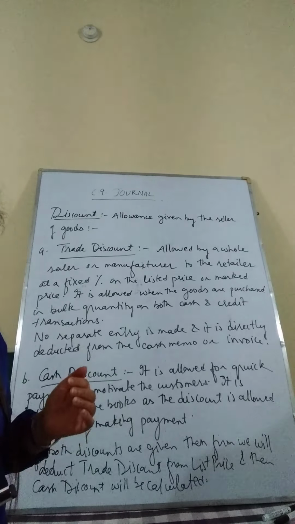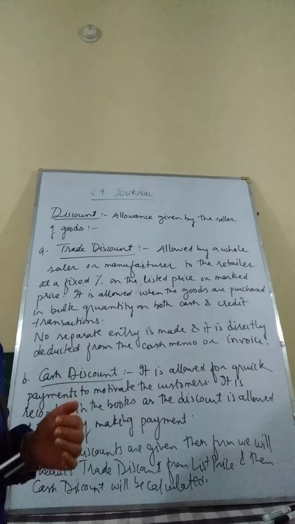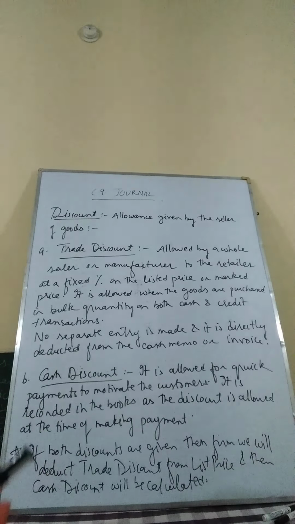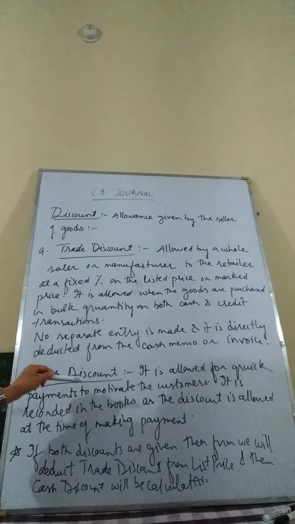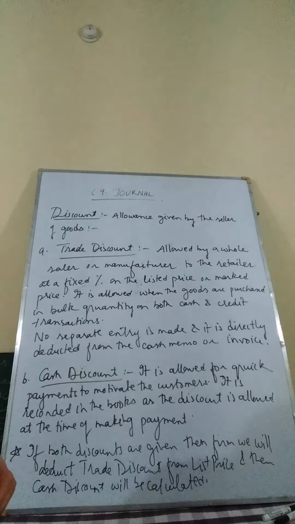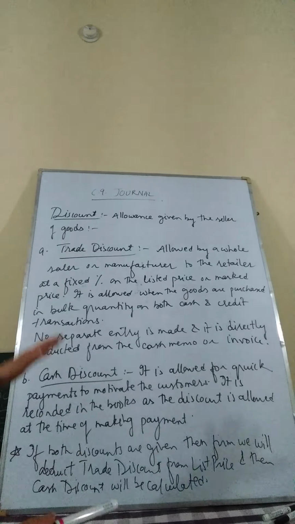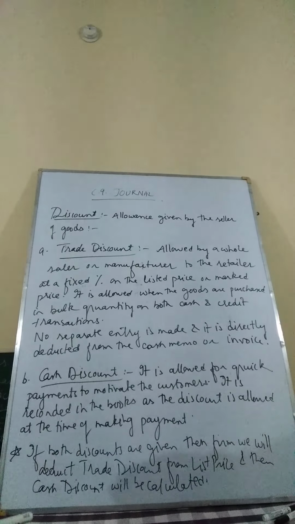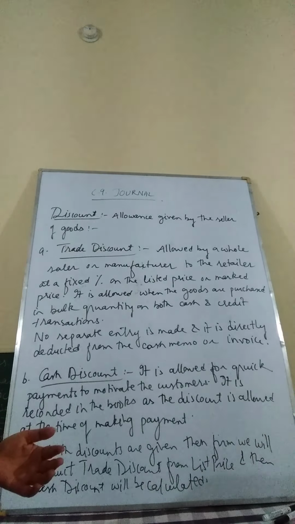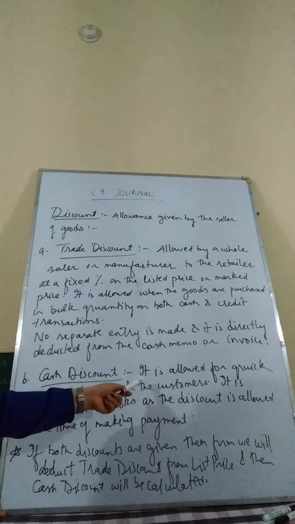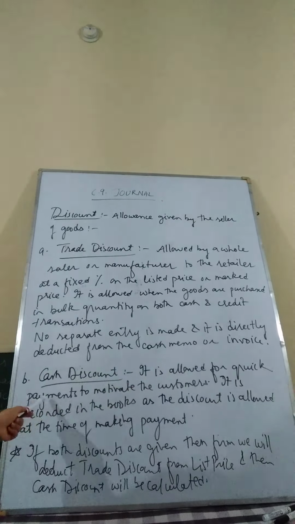So these types of discount which the wholesaler and retailers are getting are actually their gains for rendering their services. So trade discount is being allowed only at the time of bulk purchases and it is not to be shown in the books of accounts. Now moving on to the cash discount. Cash discount is a discount which is being allowed to the customer for receiving quick payments. As we can see in the text which is written over here, it is allowed for the quick payments to